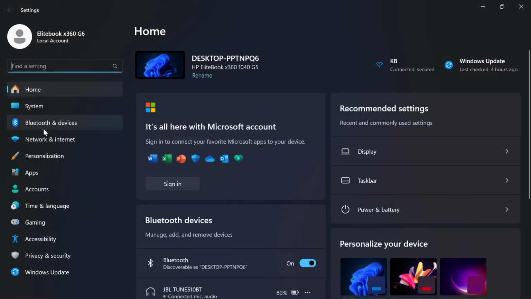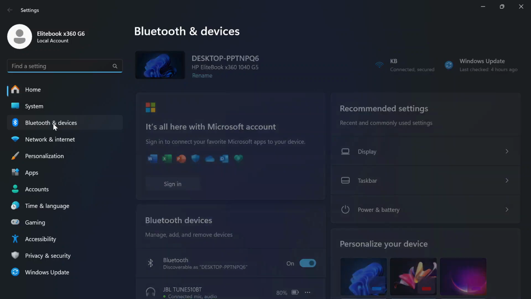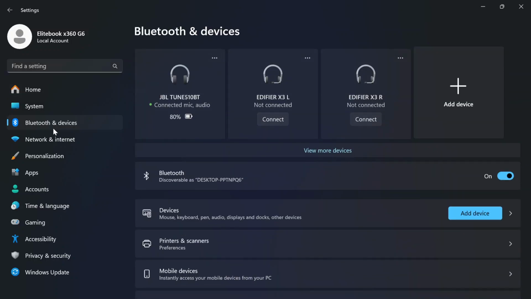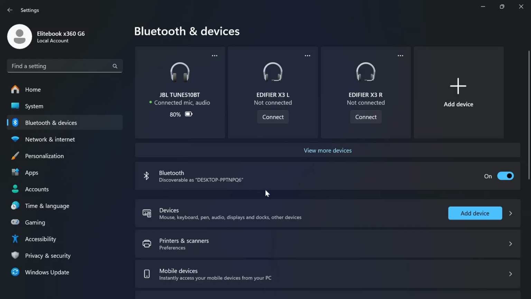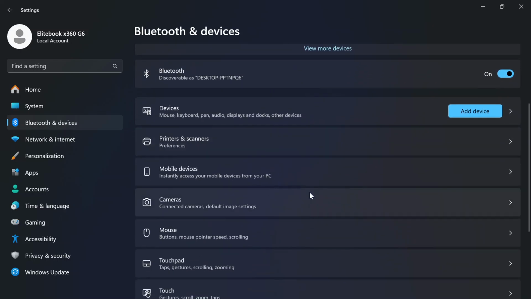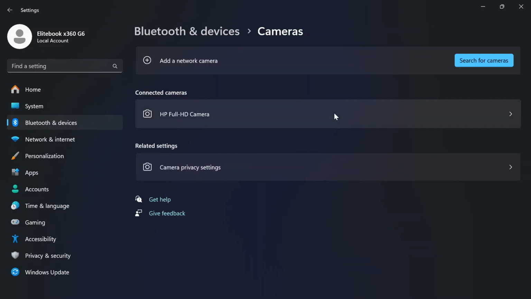And here you can see the Bluetooth and devices option. You just have to simply click on it and then scroll down and look for the option called cameras from here, and you just have to click on search for cameras. So if you find there is no camera detected in this section, then the next thing you have to do